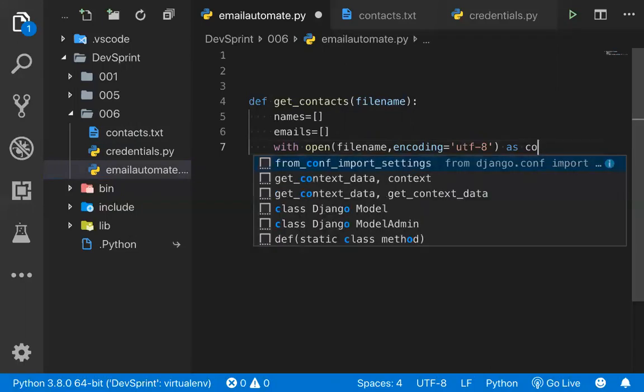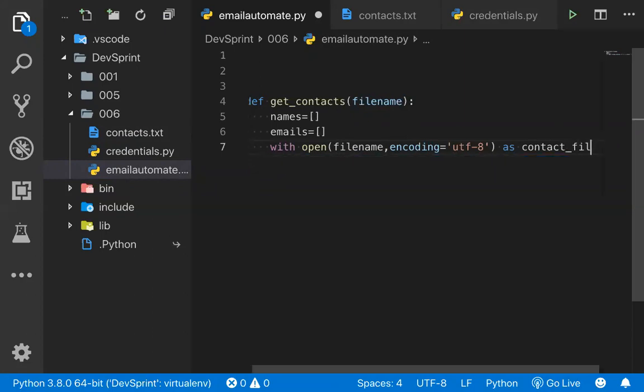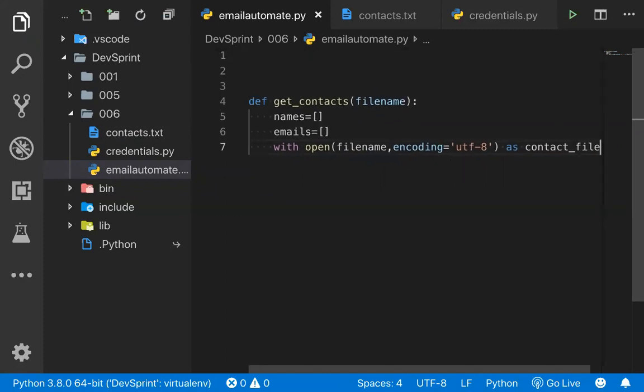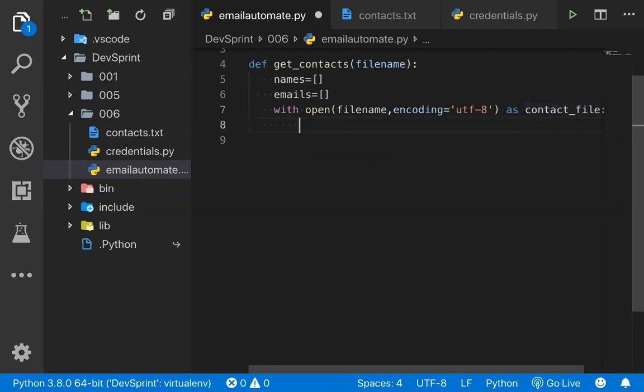Now I'm giving the name contact_file. See, I'm not giving the mode, mode equal to read, but by default it is read mode only because I'm not doing anything else with this. This is a with statement, so the statement should not end, I'm still continuing this.